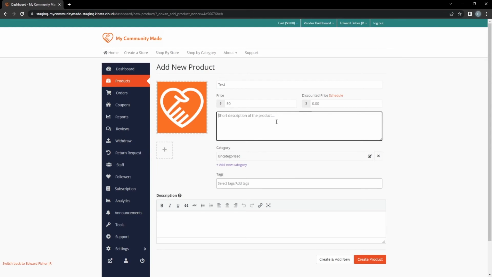The short description of the product is pretty self-explanatory. All we're going to add here is just some quick details about what the product is. You want to refrain from any types of lists or bullet points or items like that. This is used when our ads that go to Facebook create the product. So you really want just a description, sort of a sales pitch to the customer of what they're buying if they buy this product. So in our case, they are buying a test product from My Community Made,